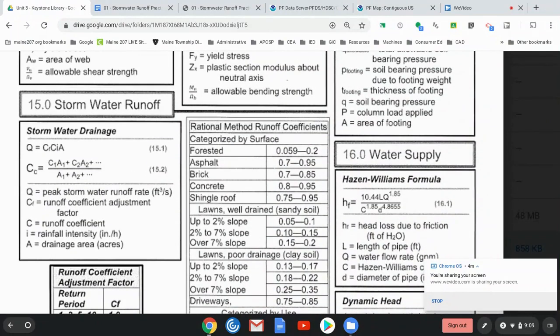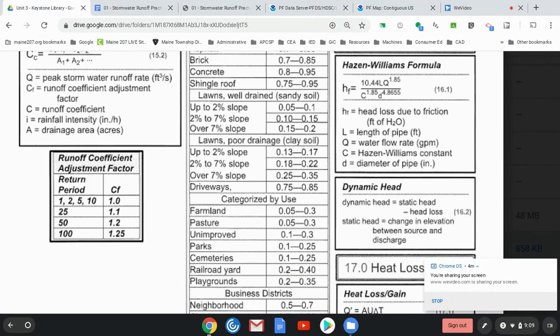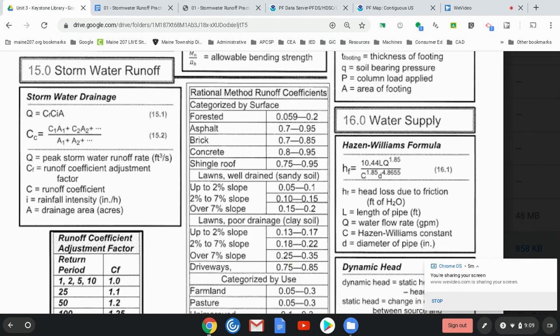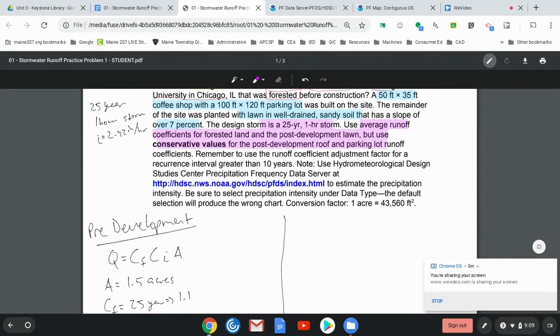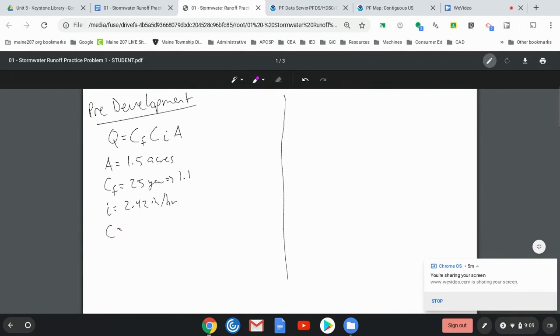Rational method runoff coefficient. All right, so just also to show you, for the 25-year storm, it's 1.1. And then for a forested area, it's anywhere between 0.059 and 0.2. So it did say in the instructions to use average runoff coefficients for the forested. So C is equal to 0.059 plus 0.2 over 2. That's how you take an average. When you plug that into the calculator, you get